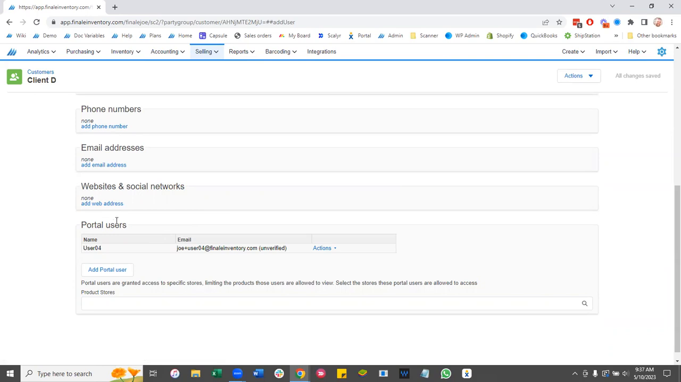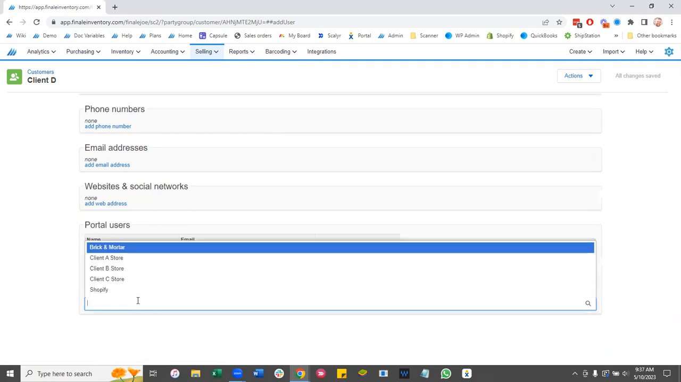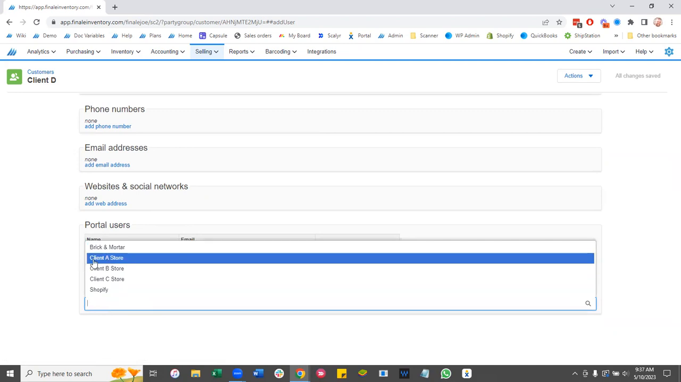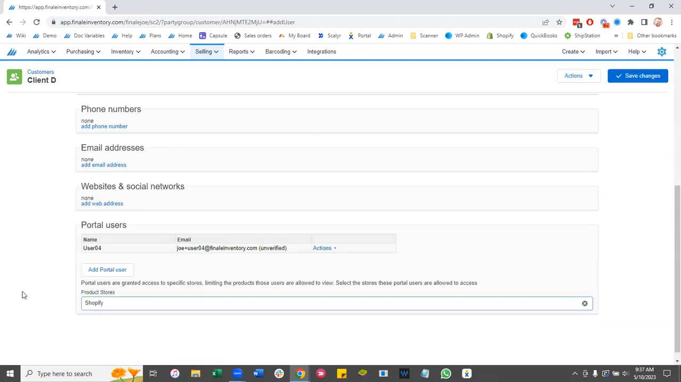For restricting the products seen by users associated to this customer, you would then configure the product store section below, where you can assign one or multiple stores that you have configured within your own account to this customer. So these stores are populated by the integrations page for anything that we push stock to,